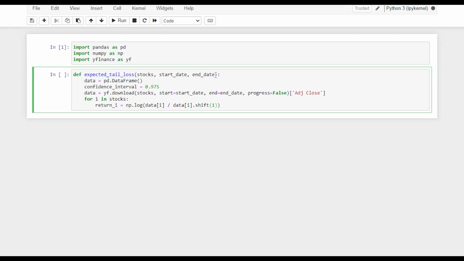So it's going to be a daily return. If I want weekly, I will put 5 here and so on. Dot